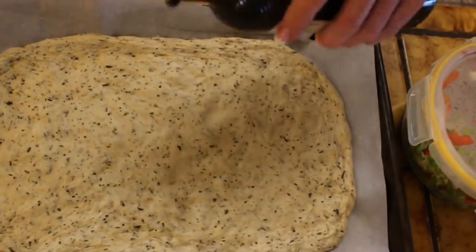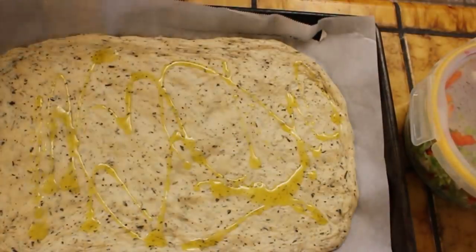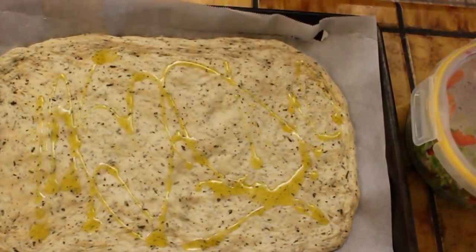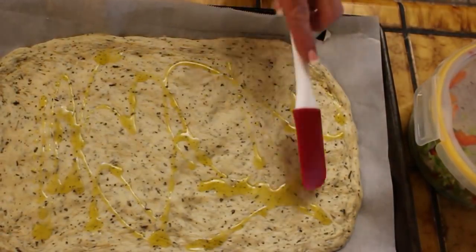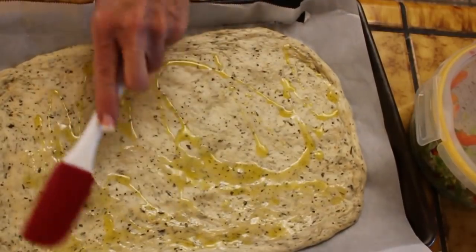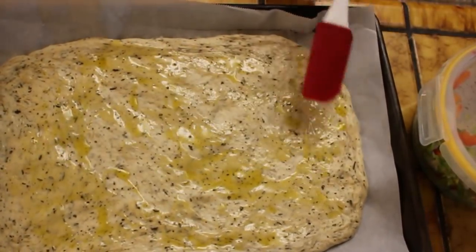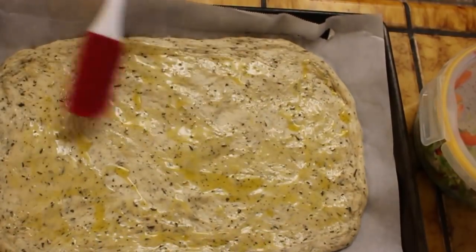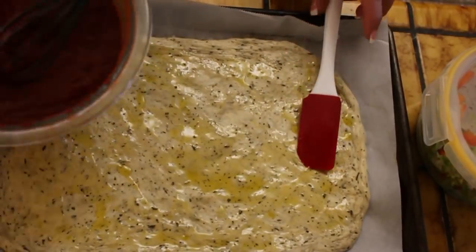pizza dough from Trader Joe's, like I said. I'm gonna do a little bit of olive oil down here because I like it. And doggone it, if I like it, you'll love it, right? And then I'm just gonna spread that out a little bit. I feel like what that does is it kind of waterproofs the pizza dough. It keeps it from getting soggy because of